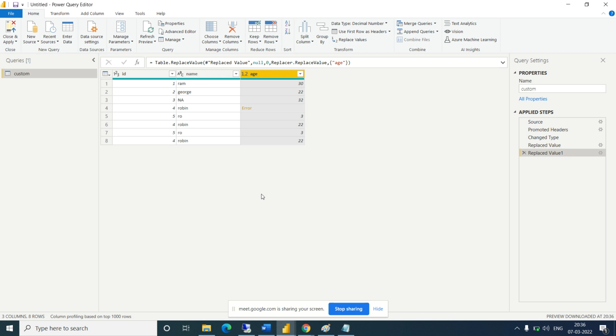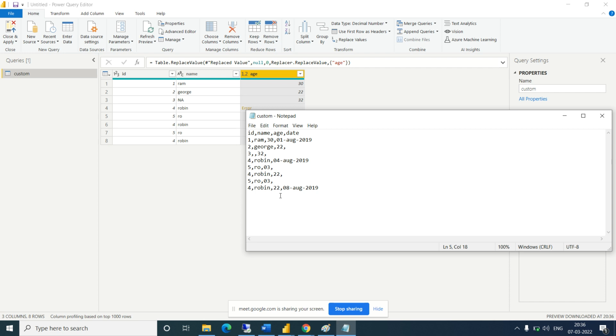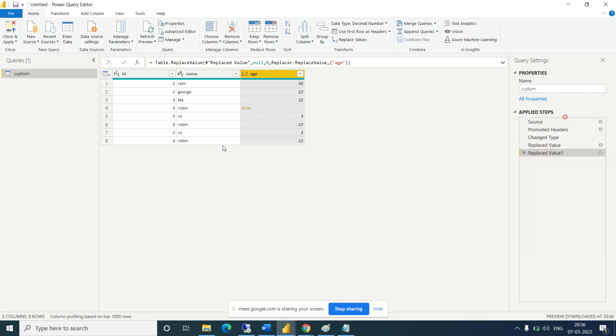Now you can see we got age showing an error, why is it showing an error? Age. Let me check. There is no age available. So I'm saving this and refreshing it again.